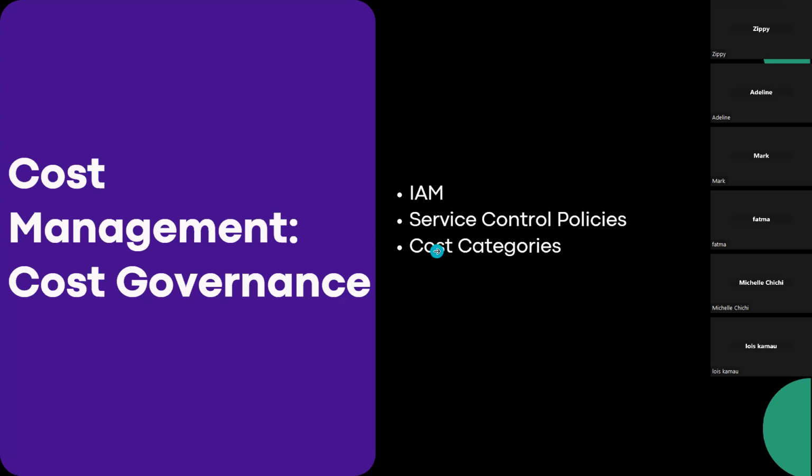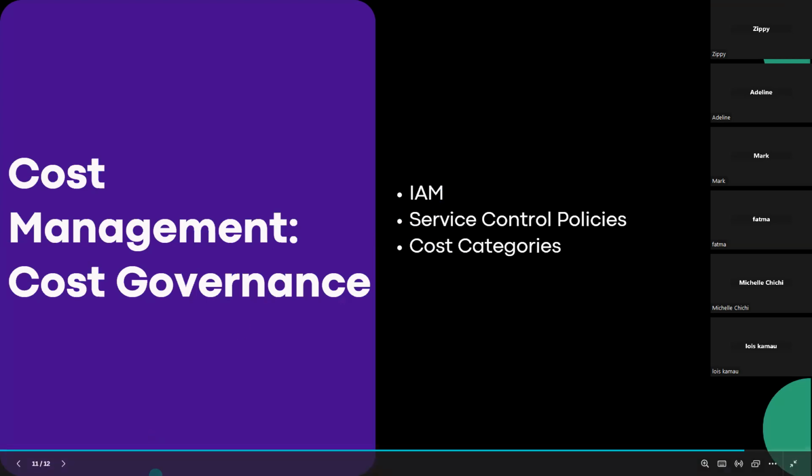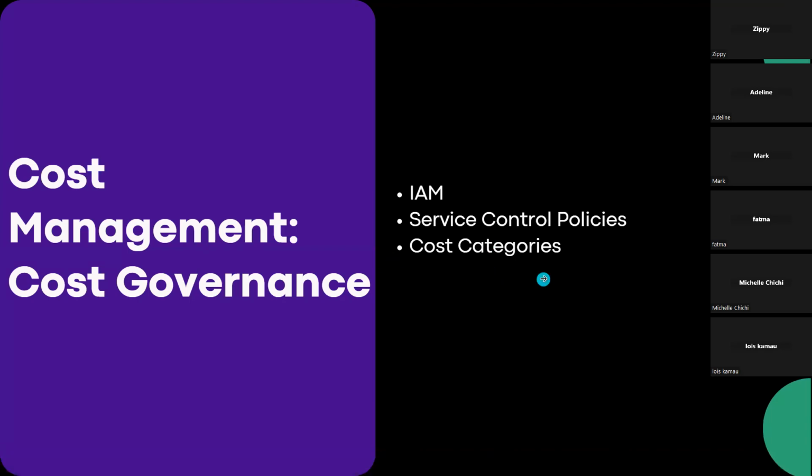Then the other bit is on cost categories, which I briefly described. These are just groupings that you create to help you visualize your costs better. This can be based on any grouping that makes sense to you, whether you're running multiple projects and want to see the costs per project, or running multiple teams in the same account and want to see cost by team.